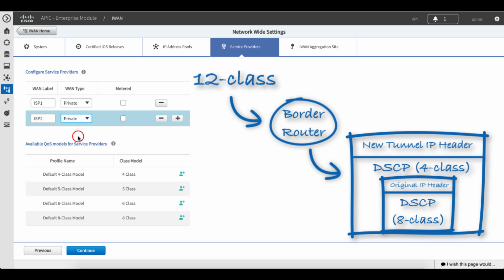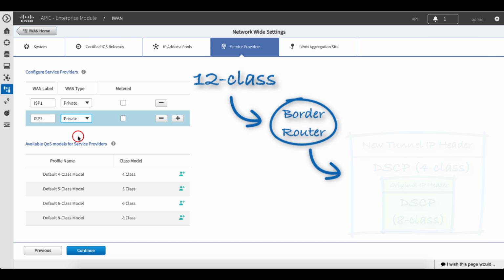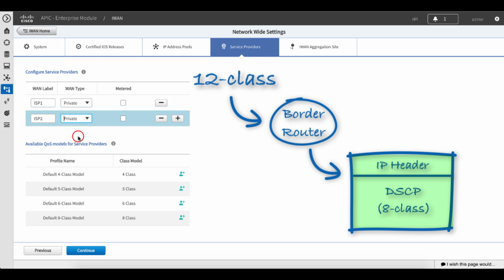Note that original DSCP values will not be overwritten. Rather, the 8 original classes of traffic are encapsulated into 4 aggregate classes where a new DSCP value is written to the tunnel header. Once the packet is de-encapsulated on the remote end, the original 8-class model will be revealed